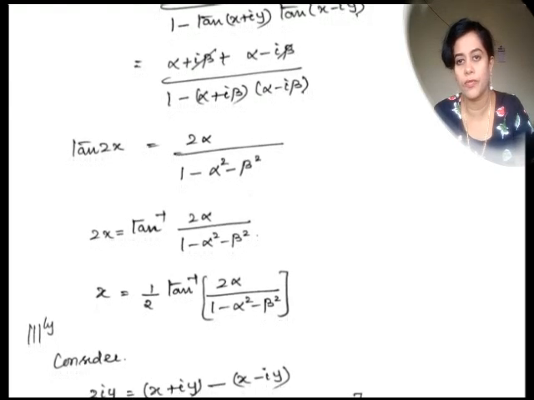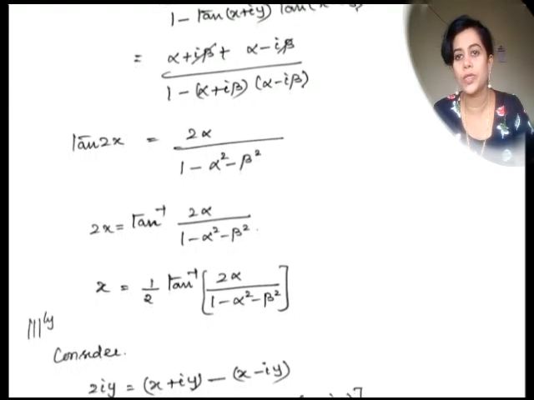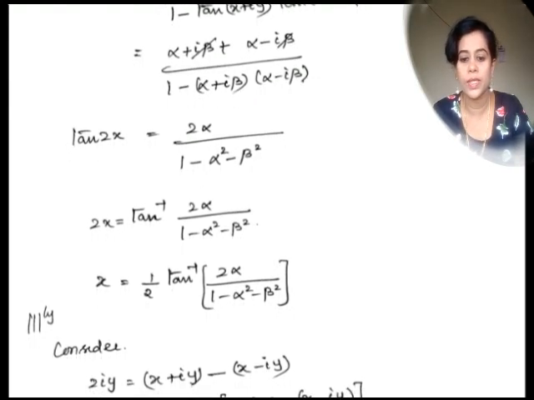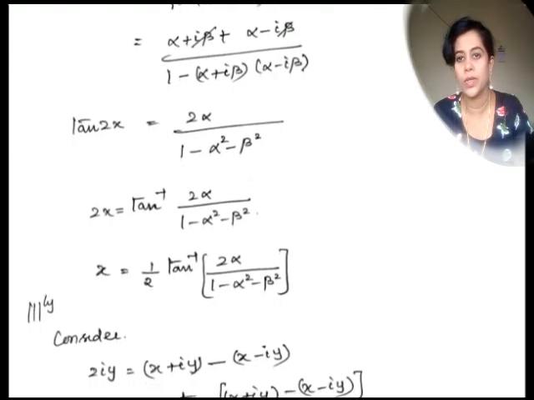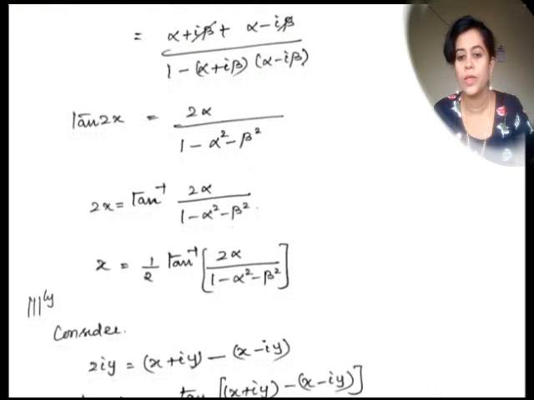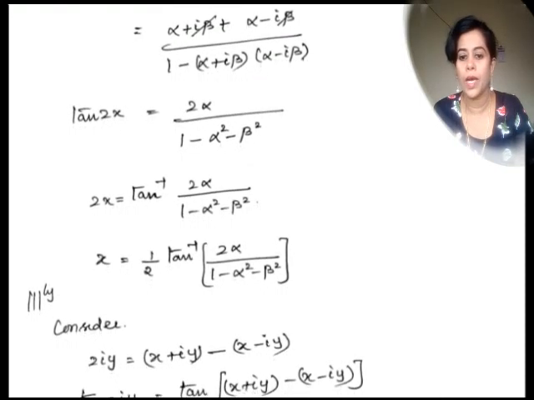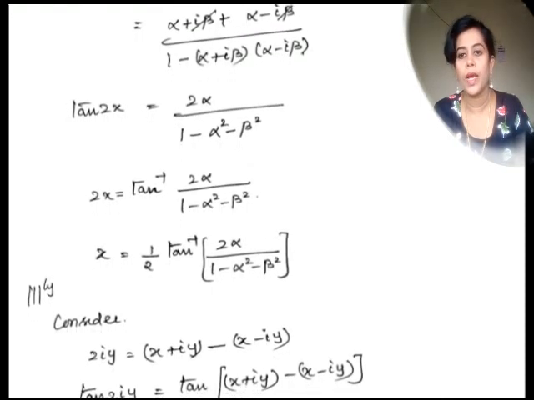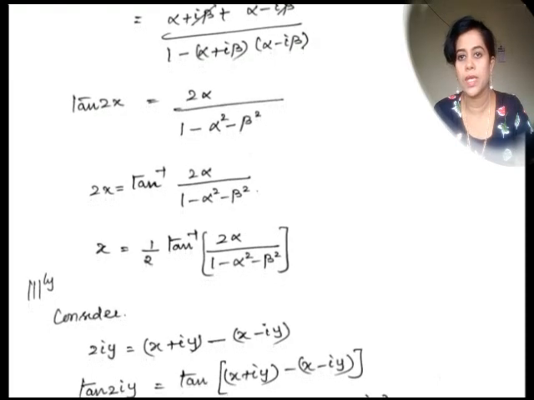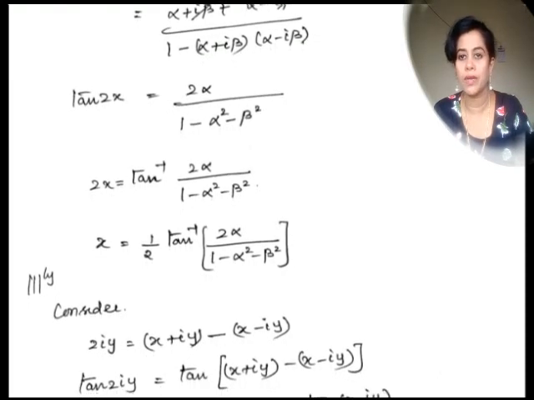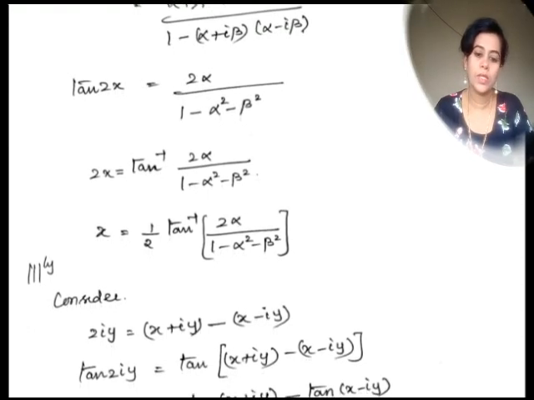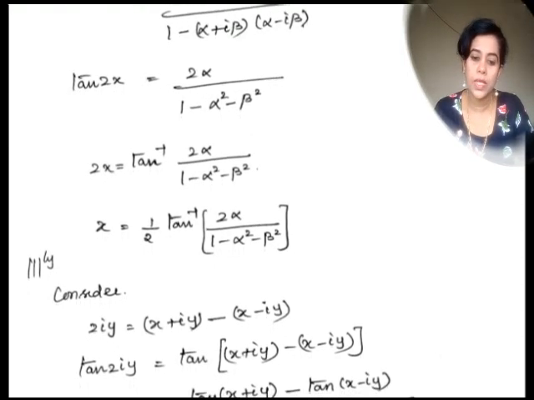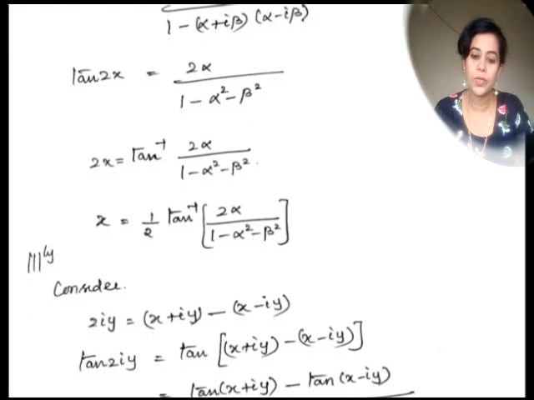it is of the formula x squared minus y squared. So according to that, it is alpha squared minus i squared beta squared. So i squared is minus 1, so minus minus plus. So therefore it is alpha squared plus beta squared, and there we have common minuses there. So we have it as 1 minus alpha squared minus beta squared. Okay, now tan 2x is equal to 2 alpha divided by 1 minus alpha squared minus beta squared.